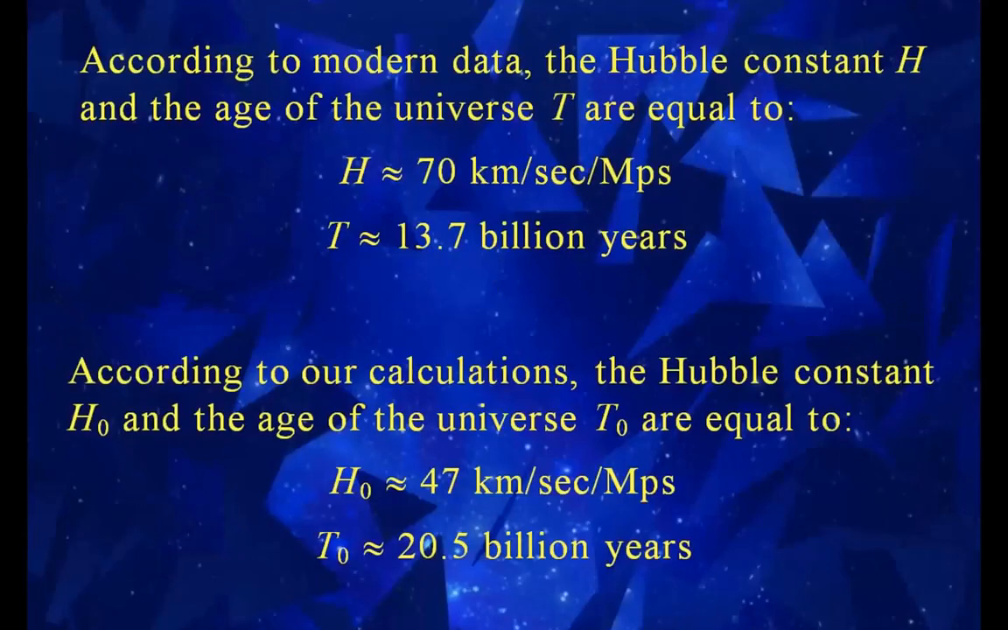According to modern data, the Hubble constant H is equal to 70 kilometers per second for each megaparsec, and the age of the universe t is equal to 13.7 billion years. According to our calculations, considering the non-Doppler redshift in the spectra of galaxies, the Hubble constant H sub 0 is equal to 47 kilometers per second for each megaparsec, and the age of the universe t sub 0 is equal